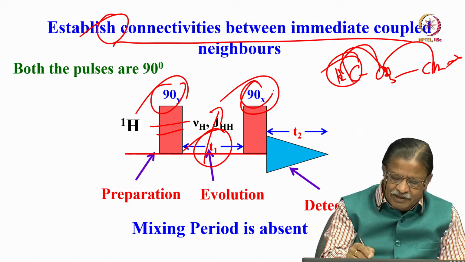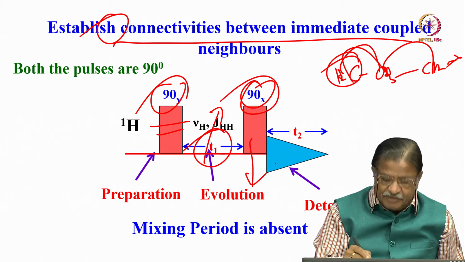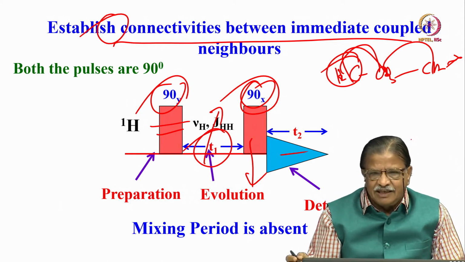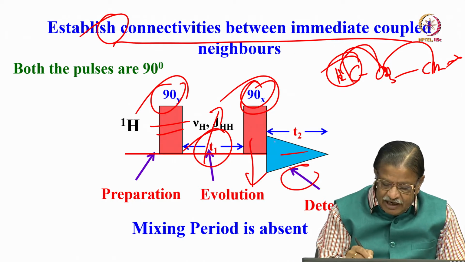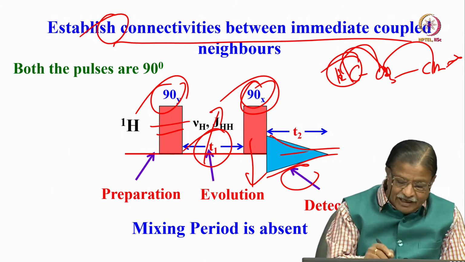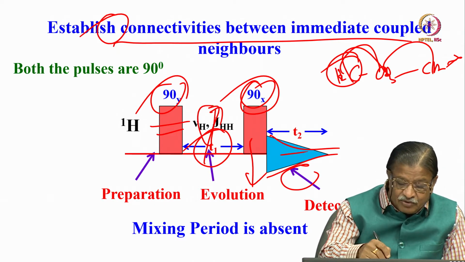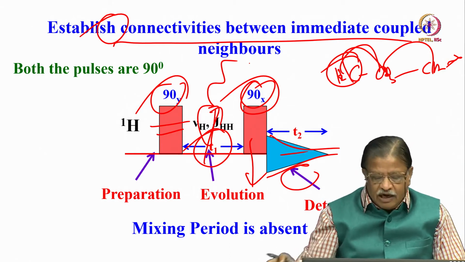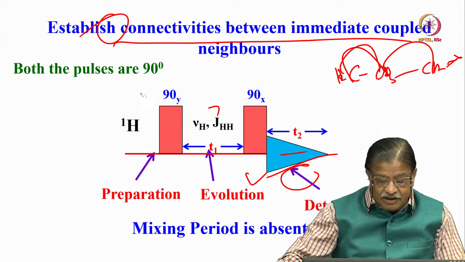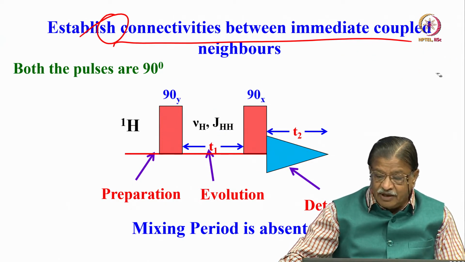You apply the 90-degree pulse. Of course there is no mixing period here, it is absent, but you can call this also a mixing period, and then start collecting the signal. This is a detection period. Here you are going to collect the free induction decay, and here the T1 is incremented, you collect a pseudo FID and do the double Fourier transformation of it, you get the frequency domain spectrum, which is a spectrum in 2 dimensions. That is what you are going to get, frequency in 2 dimensions in COSY.